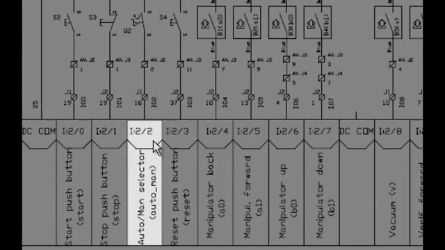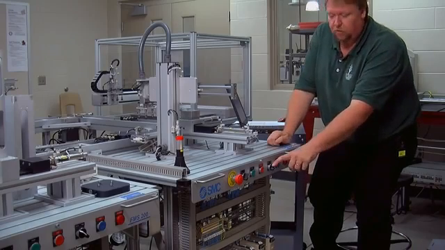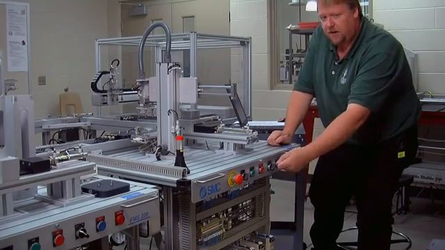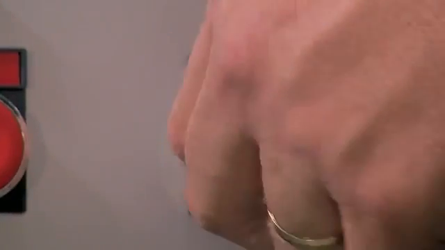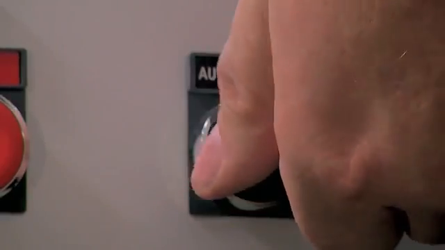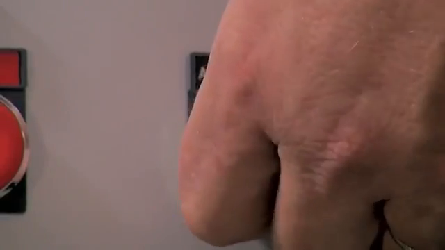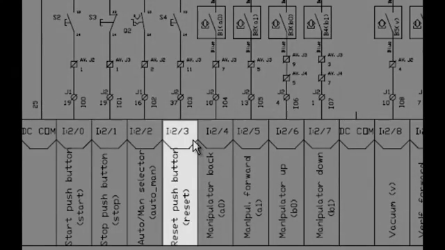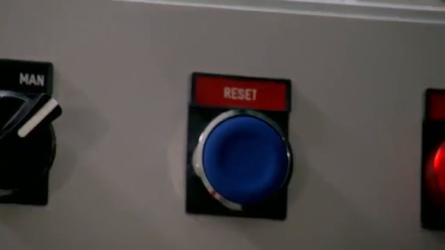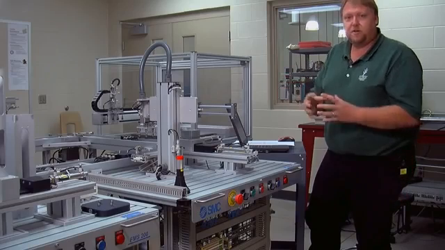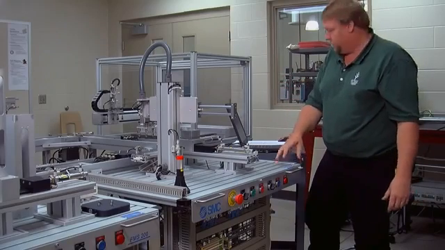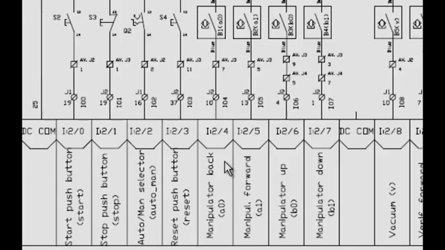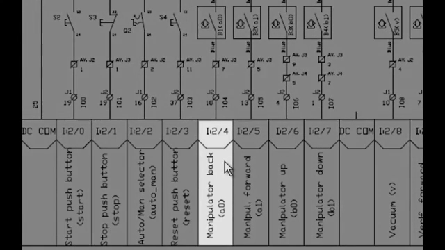And next we have auto manual, which is I:22, and this is a two-position switch, but it only has one address. So in one position you're going to get a signal, in the other position you won't get a signal, so you program accordingly. Our next button is I:23, and this button is going to enable us to reset the station should our actuators get out of control or out of sequence. And our next one is